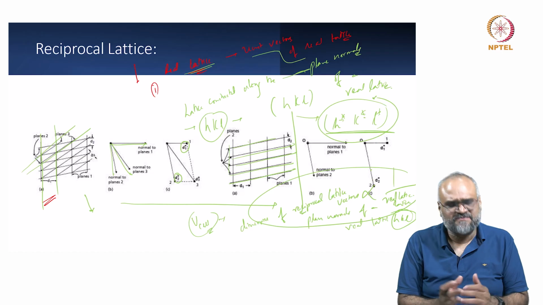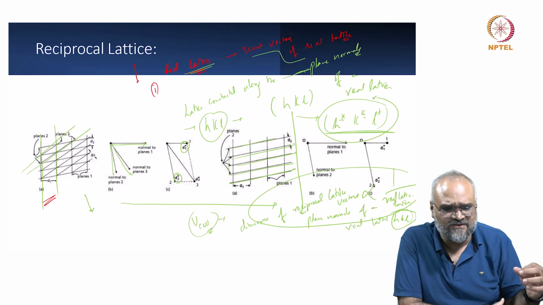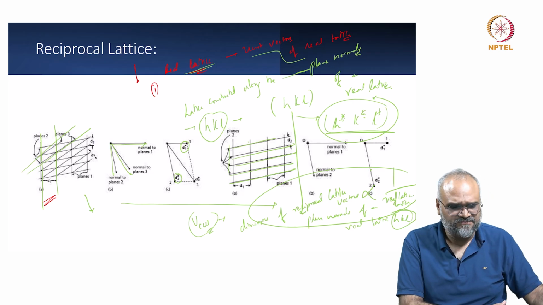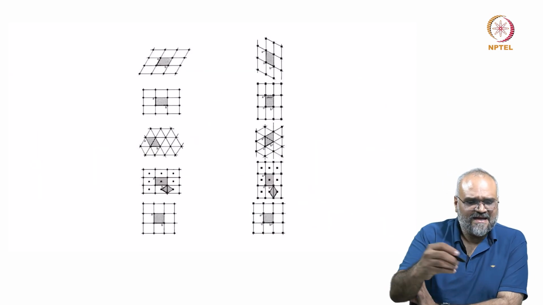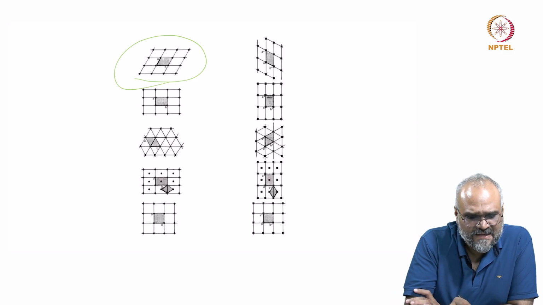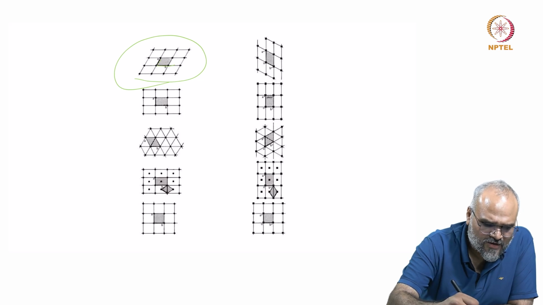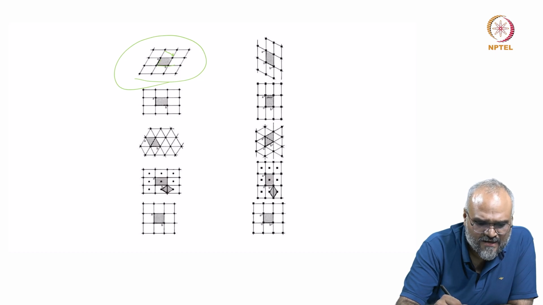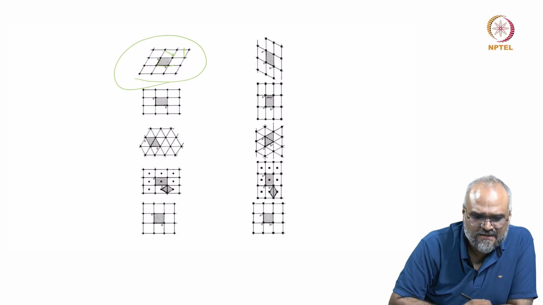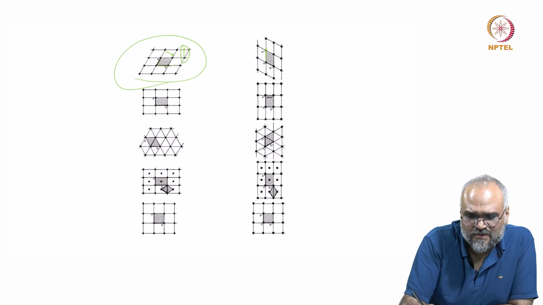Let me simplify this by showing you an example of a reciprocal planar lattice constructed from some primitive planar lattices. For example, if I have the oblique lattice here and I take the plane normals of this oblique lattice, I have a simple plane normal like this and the other plane normal like this. Now, if I use this as a unit vector for my reciprocal lattice, this corresponds to this vector A star